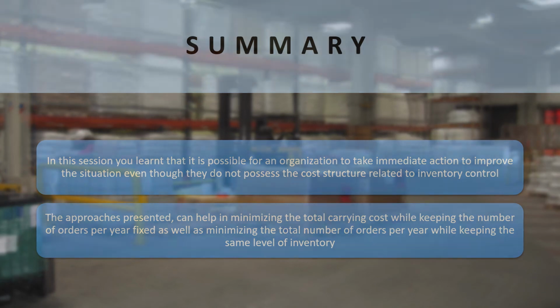So these two models are very useful in many organizations where resource constraints exist, and you may not have, or you may require expertise to get, the exact value of the inventory related cost and determine the parameters. So this approach can be very helpful for the company to work with, and definitely this is not the only final solution. This could be one way through which the company can monitor the inventory as well as reduce the overall cost.